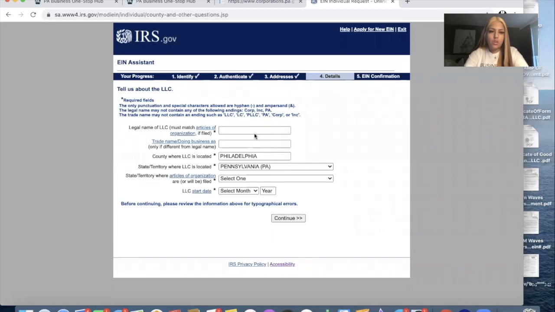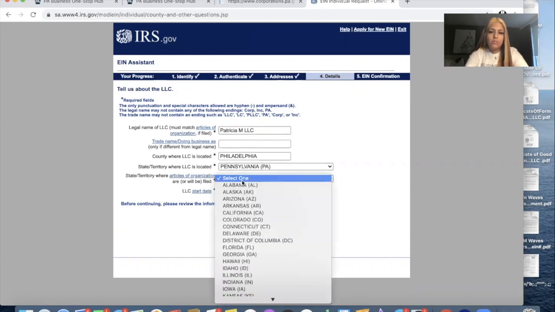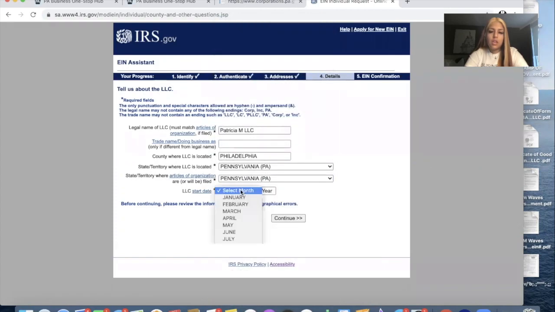All right. So now after addresses, we are on details. Legal name of LLC. So the LLC name was LLC. Trade name, doing business as. If you have a different name that you're thinking of, then you could do that. But usually you don't have to fill out this thing, so I don't fill it out. So I just put that. And then you want to put PA right here, Pennsylvania. The start date is gonna be literally today. What are we in, October 2020. And we go